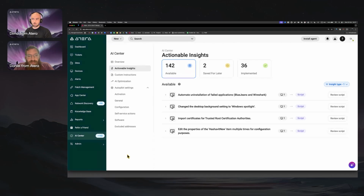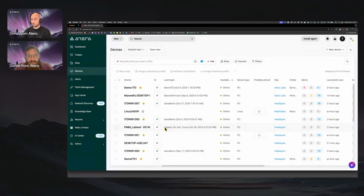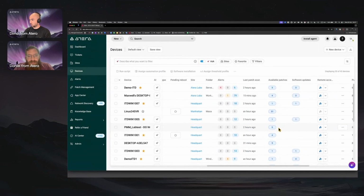So how do we engage with the portal? How do we engage with AI? There are several entry points for the end users. And to show you how the end user experience looks, I will remote into my test device, and we will see it live in action. Okay, so let me remote into this device,